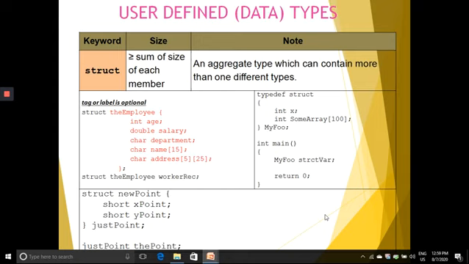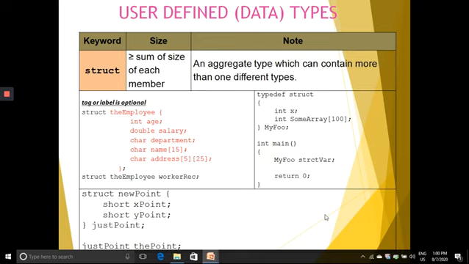This structure is creating one point in the coordinate system, with x point and y point as the x and y coordinates in short data type. The variable for the structure new point is just point, and it created one more data type, the point.